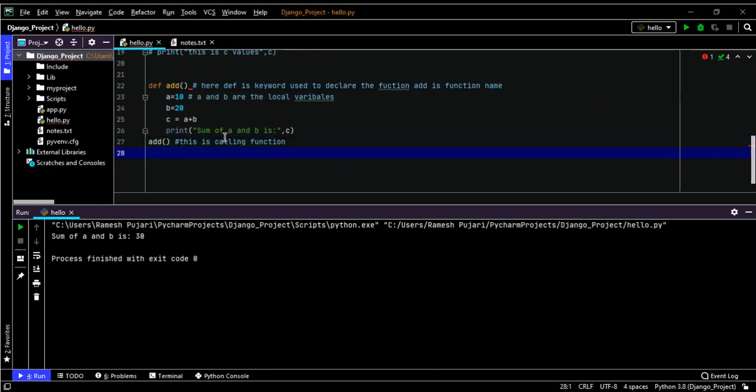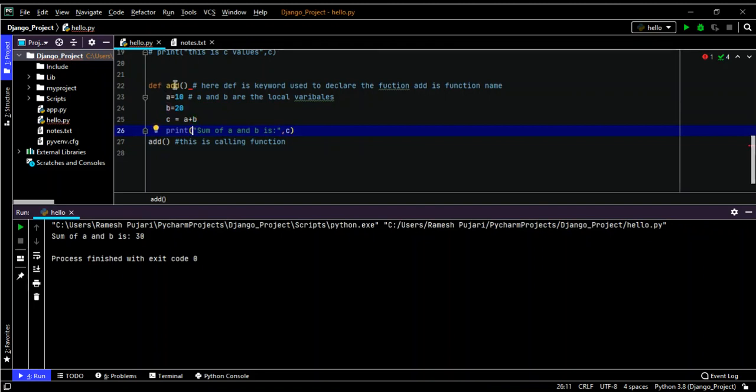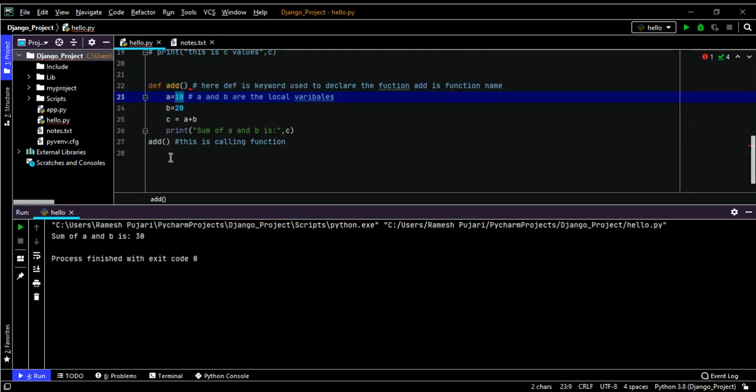Now I'm going to explain the scope of the local variables, which means these local variables we can access only within the function. Like def add is the function name here, and these variables are accessible only within this function's area. If I use them outside the function, it will give an error.